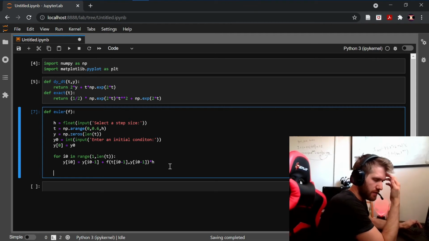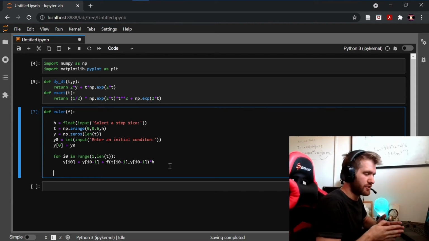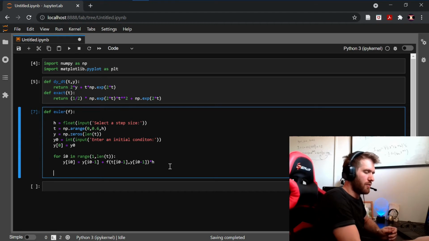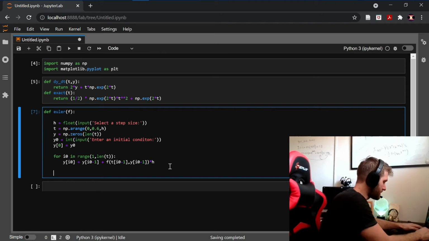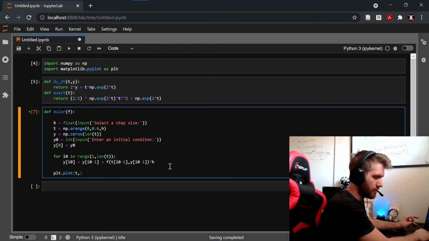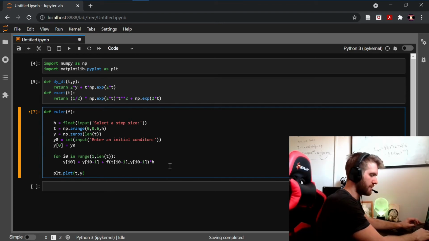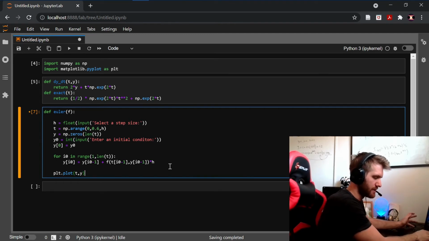But what I want to do is to create a plot that shows all of the values and references them with the exact solution. So we'll pull up a plot, plt.plot. We are going to be going from t all the way, so t is going to be our x-axis, or our t-axis, along the horizontal, and then what we want is our y values. So our y values will have that there, and then let's first just enter this and